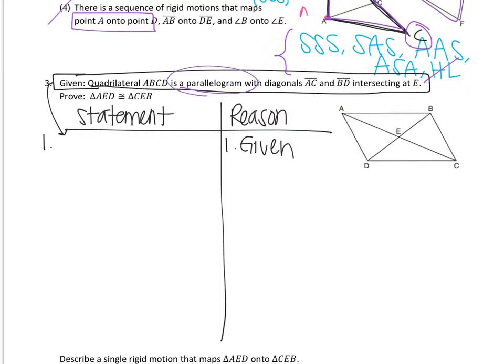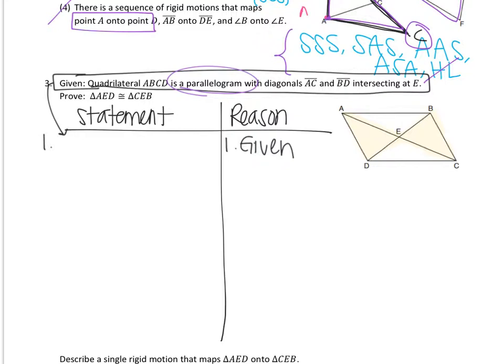Now we have a parallelogram with diagonals AC and BD intersecting. When we are given a parallelogram and asked to prove some triangles congruent, we often have a lot of options. I'm just going to take a second to highlight those 2 triangles that we actually care about. Maybe you would like to do the same. Okay, so it says that we want to prove triangle AED is congruent to triangle BEC, or CEB rather. You can see that I highlighted them very lightly,